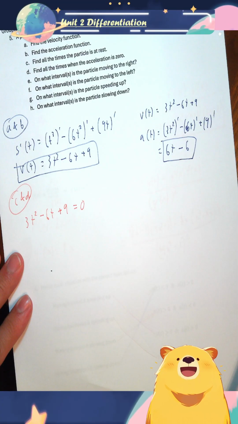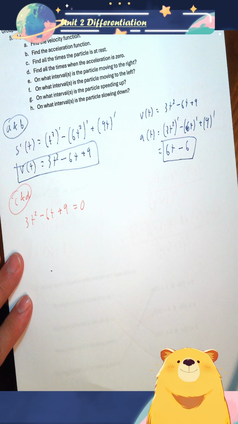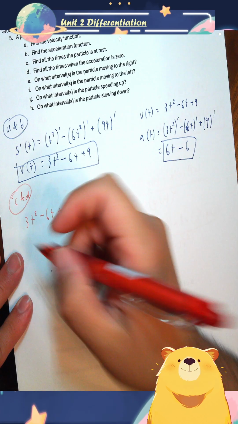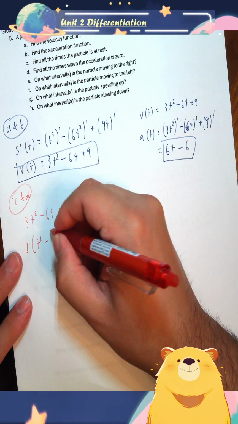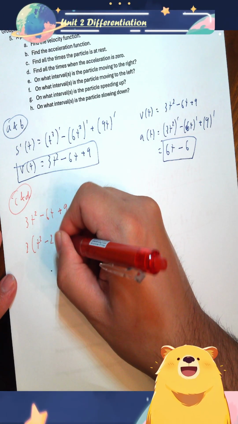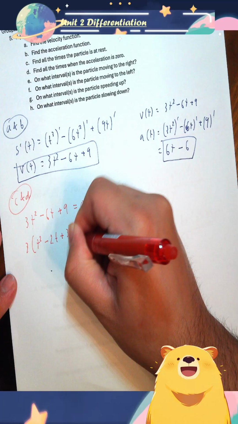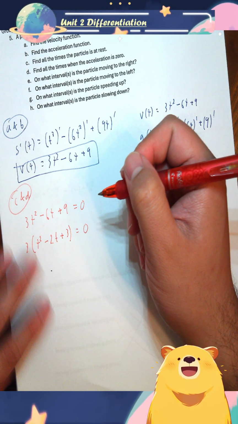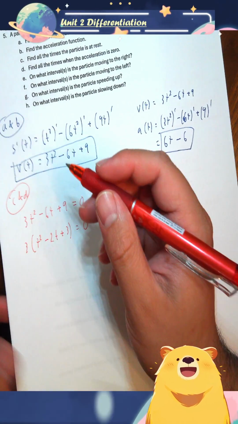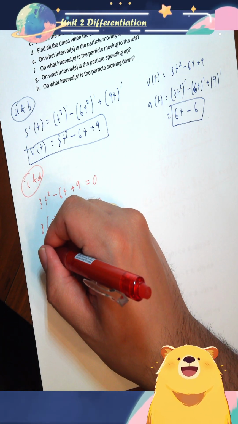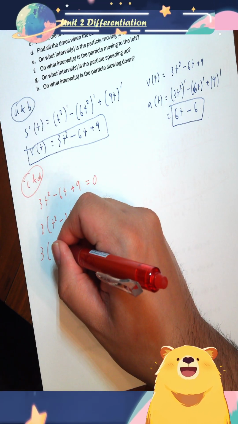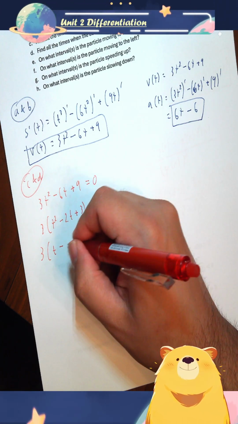We have the technical luxury of factoring out the 3 again. So that's what I'm going to do. 3 times t squared minus 2t plus 3 is equal to 0. From here, you can use the AC method or whichever you like. But you should have gone t minus